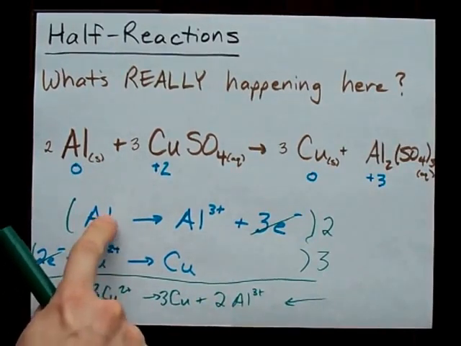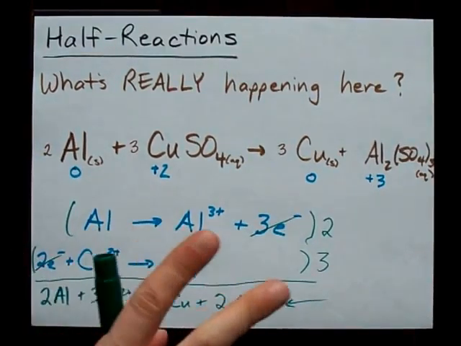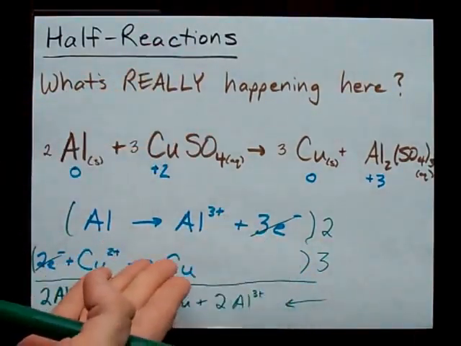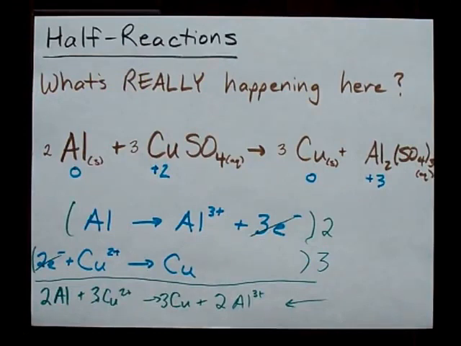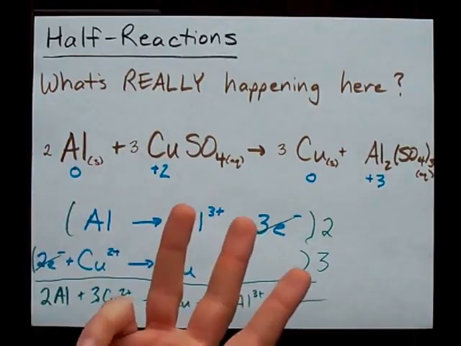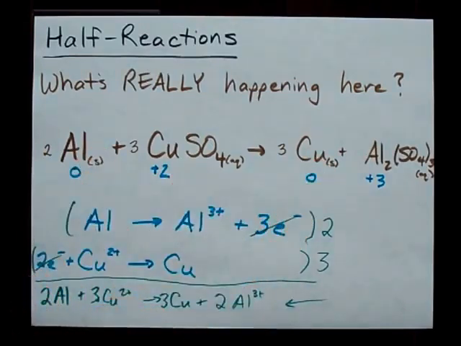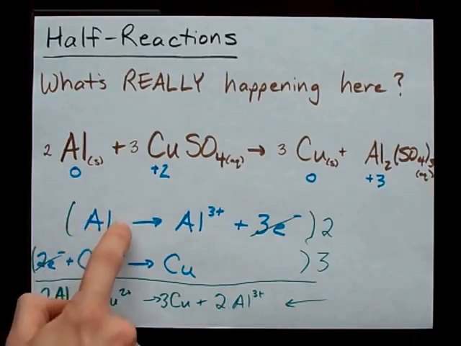Each of these reactions that I've written in blue are called half reactions because they only tell half the story of the overall redox reaction. Later, we're going to be figuring out how many volts a particular redox reaction gives off. But to figure that out, you're going to have to look up each of the half reactions